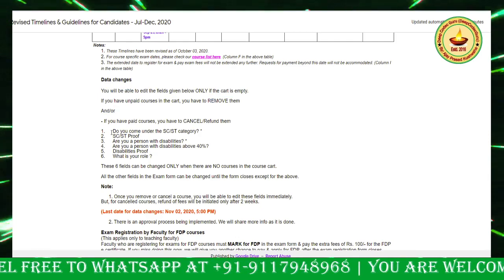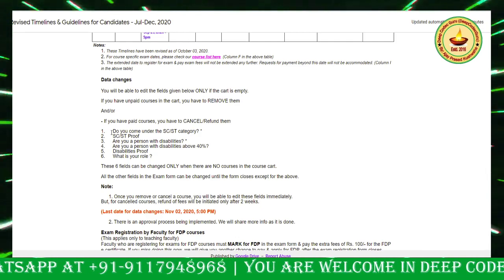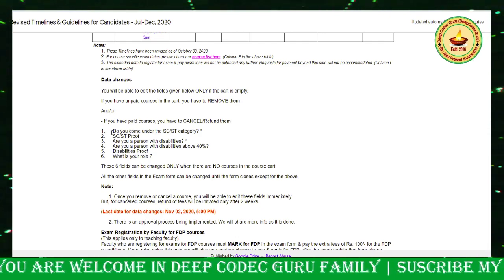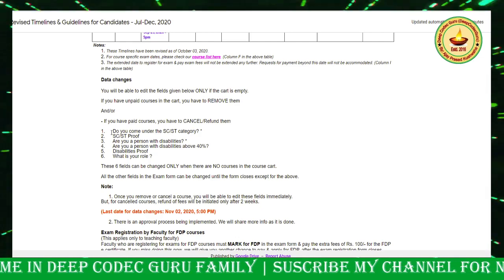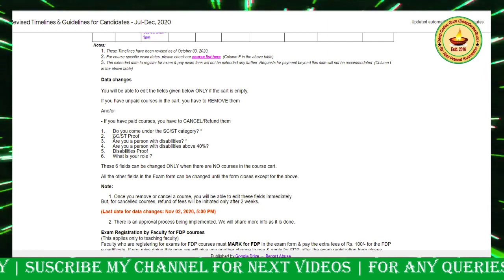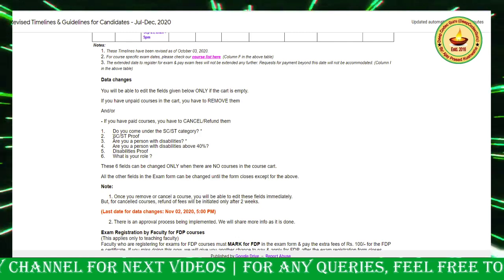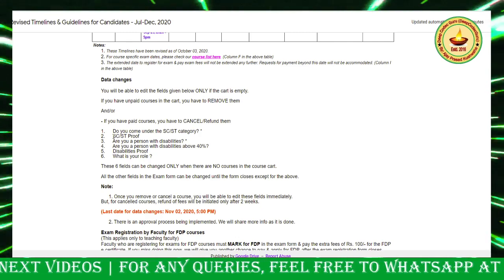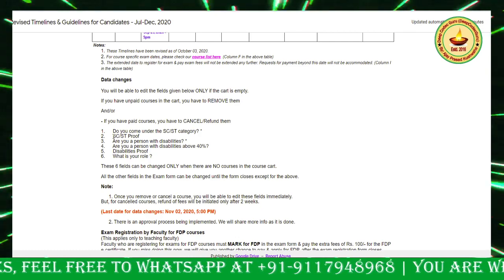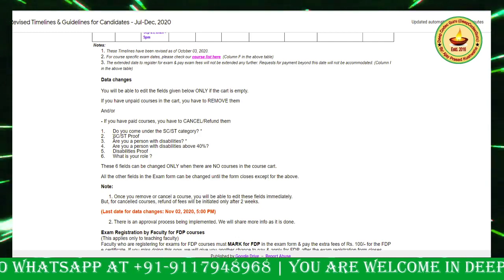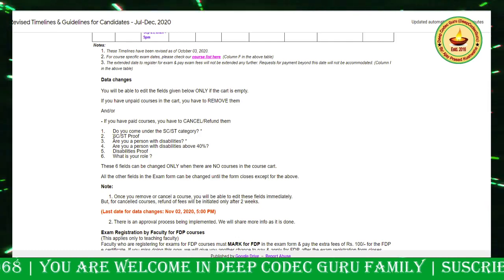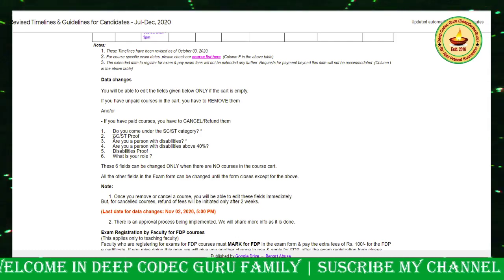First, do you come under the ST, SC category? Keep that in mind, and while you are filling the form, select the correct option. And while you are submitting SC ST proof, follow the instructions given in the form. In case you submit a fake SC ST certificate, the NPTEL people will identify it, your exam will be cancelled, and in that case you will not get any refund. That is the official statement of NPTEL.